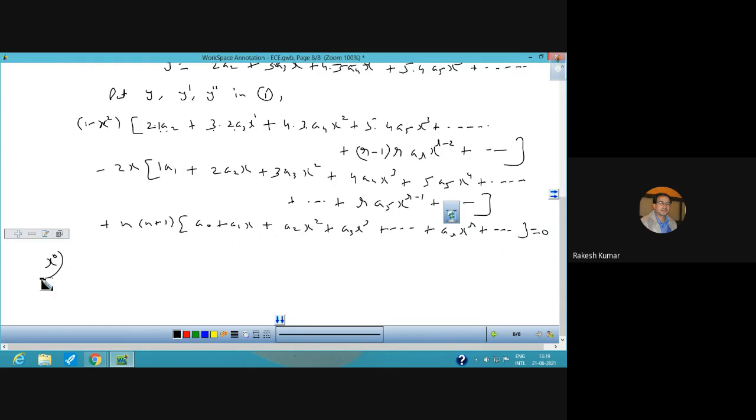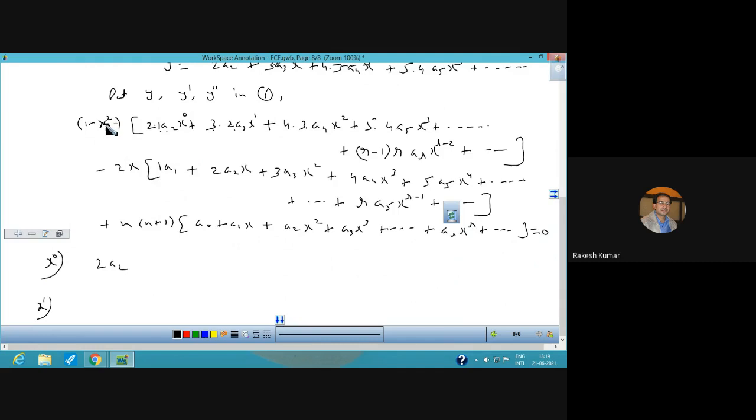So the minimum power of x is x raised to power 0. So you will equate the coefficient, then you will equate the coefficient of x raised to power 1. Now x raised to power 0 का जो coefficient होएगा, just see, जब आप 1 को यहाँ पर multiply करेंगे, so 1 into 2a2, this will be your coefficient, because यहाँ पर x raised to power 0 है, x raised to power 0 is 1, that is why we have written here.